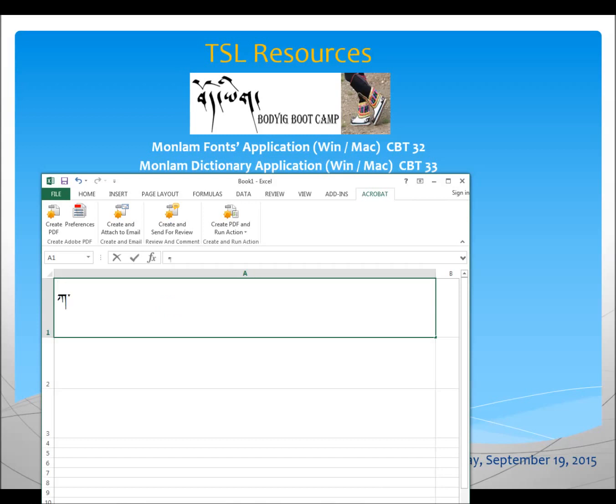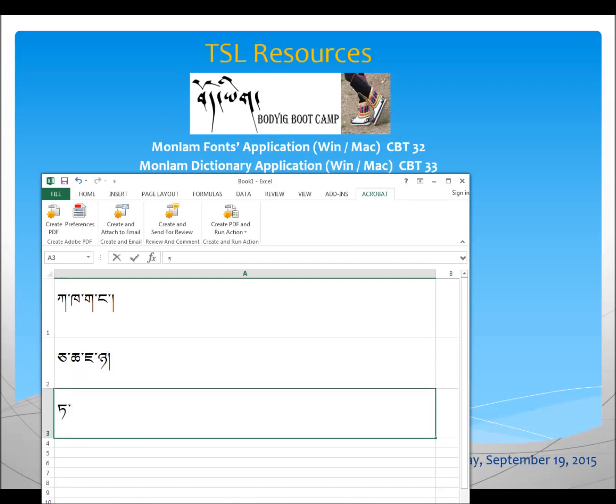So it's Ga, Ka, Ka, and Nga, the first four letters in the Tibetan alphabet, and then Za, Cha, Cha, Nya. And then if I go down, that's Ba, Ta, Ta, and Na. The reason I'm able to do this is because I have the Melam Fonts application installed, CBT32, if you